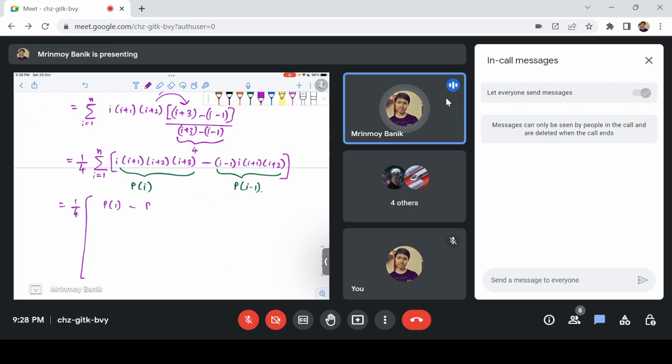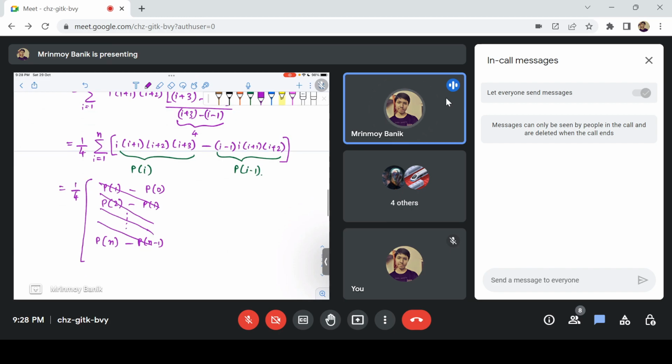So P1 minus P0, P2 minus P1, Pn minus Pn minus 1. So this thing cancels in the left diagonal way, so kind of interesting. So you get 1 by 4 times Pn minus P0,